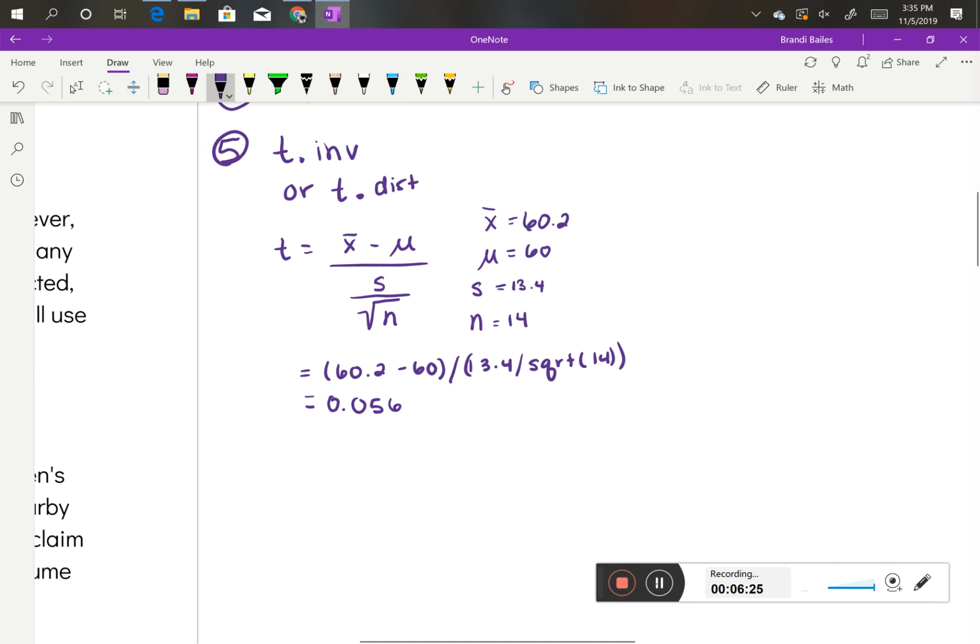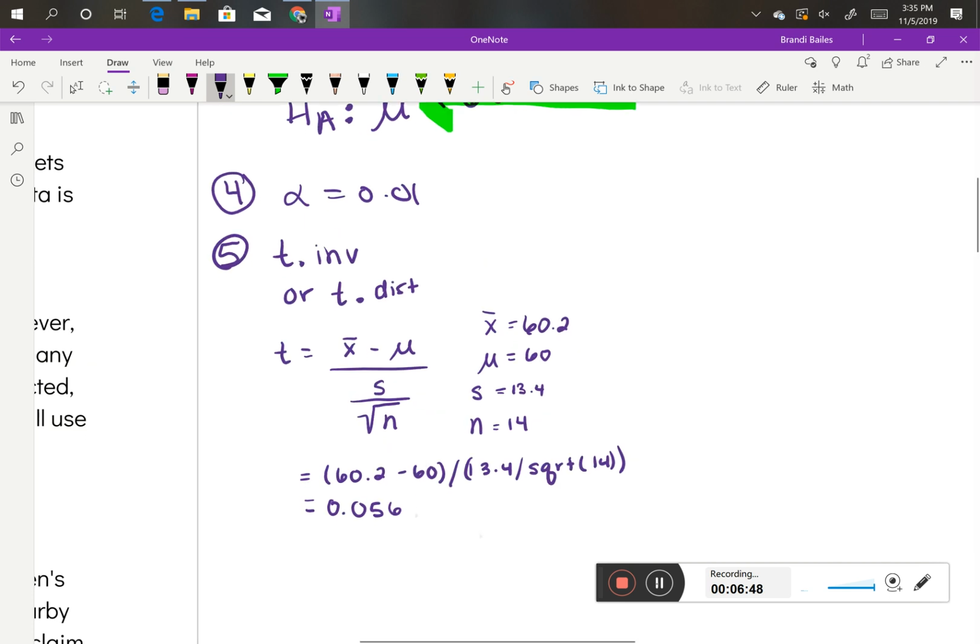Before we move on, we want to take a look at this number. Remember, when we're doing a hypothesis test, we're looking for numbers that fall inside the outer regions, the tails of our distribution. I know this is a t-distribution, so it's always going to surround 0. So this number seems like it's awful close to 0. So this is probably not in a tail, meaning that I probably won't be in a rejection region, meaning that I probably won't reject the null hypothesis,